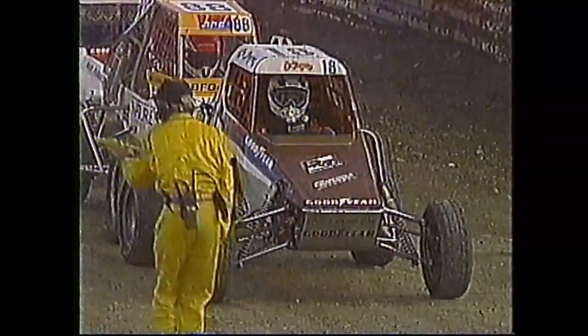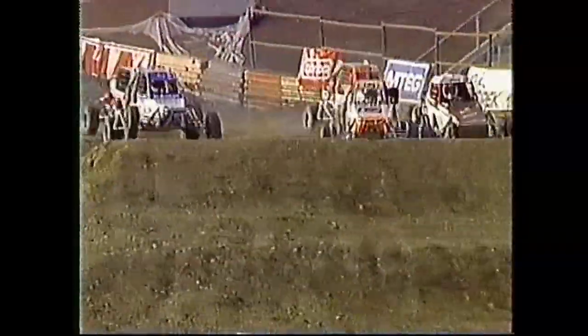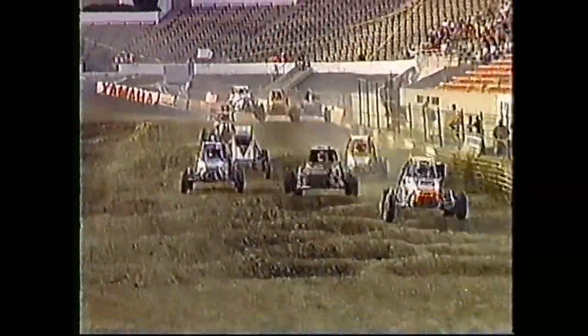This an interesting points race. George winning big at Pasadena has really put some distance between himself and Sean Finley. Well, he could really put a lot of distance behind Finley and everybody else with a strong showing tonight. We'll see. We'll see him inside and we'll see him outside. Right now as they come through the series of jumps on the back straightaway. And it looks like, and it is